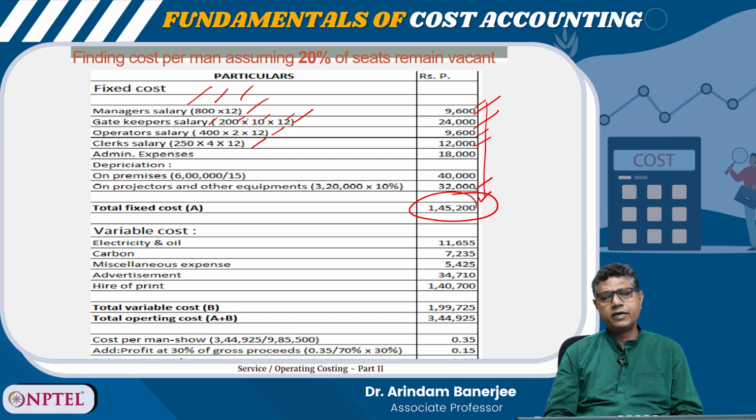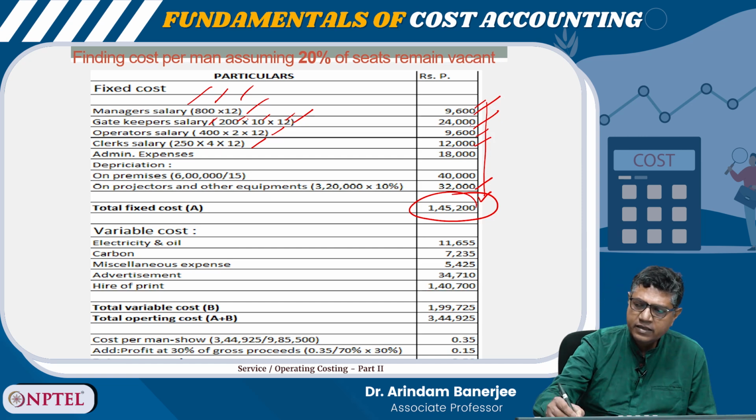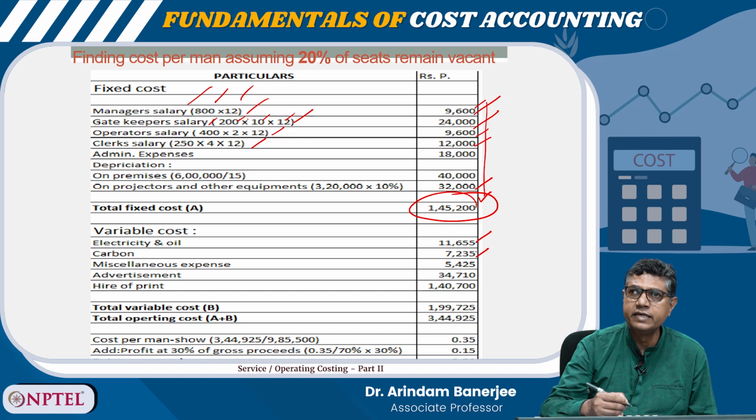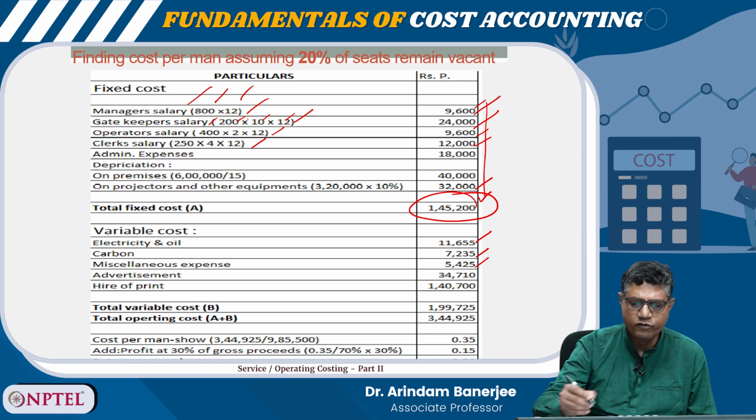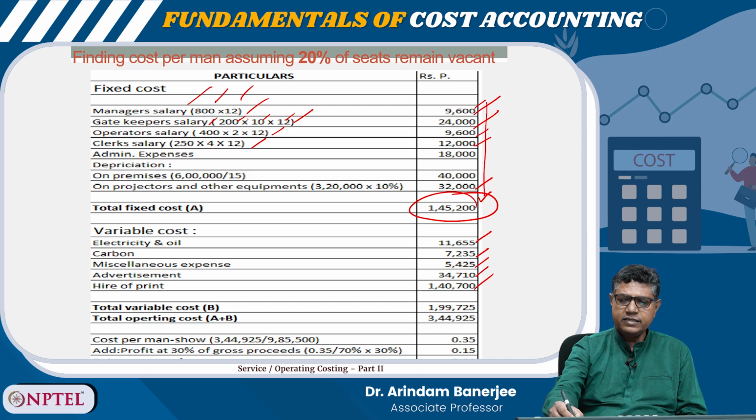1,45,200. Okay. Now variable cost. So these were the fixed costs. What are the variable costs? Variable cost is electricity and oil, 11,655, carbon 7,235, miscellaneous expenses 5,425, advertisement 34,710, and hire of the print copy, it is 1,40,700. So if you add, it is